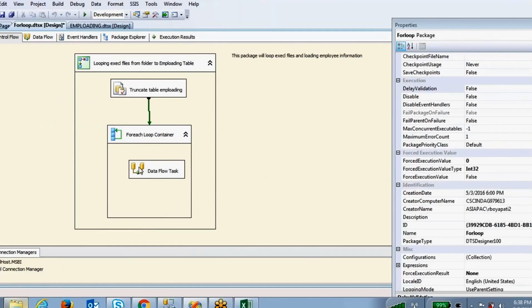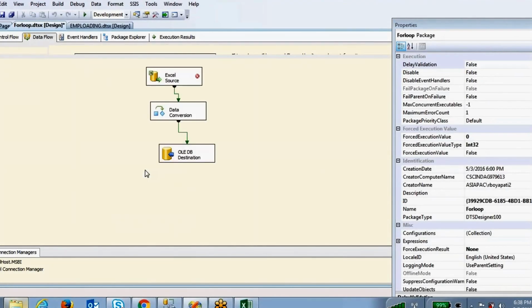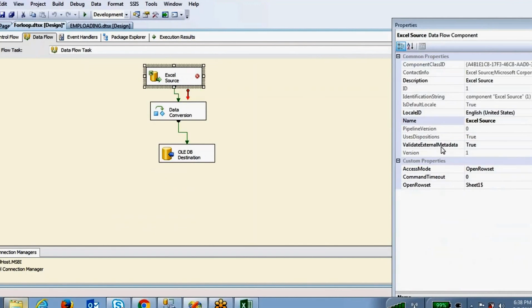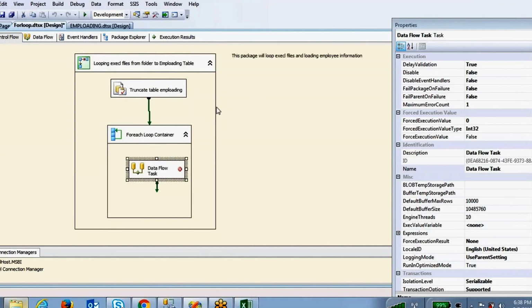For this data flow task also you have to make the DelayValidation property true. And one more property you have to change for this Excel source: click on the Excel source, ValidateExternalMetadata, don't validate, so make it false. Now you can execute.